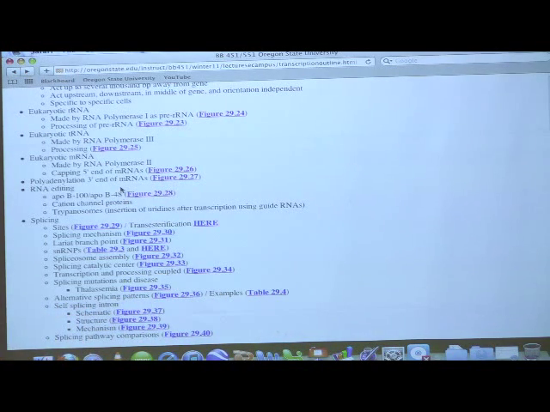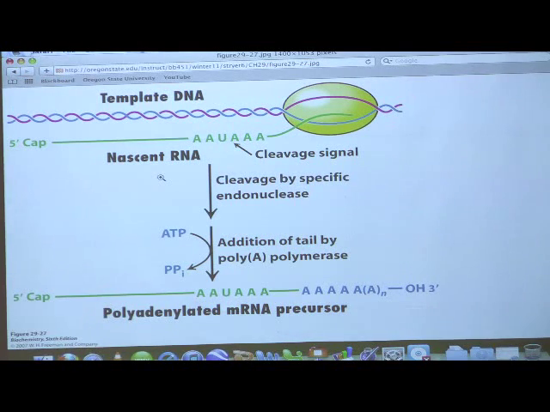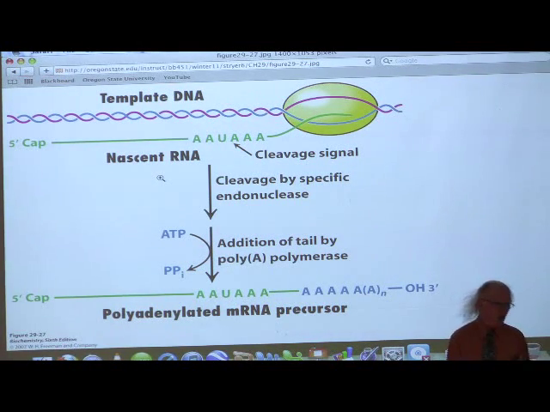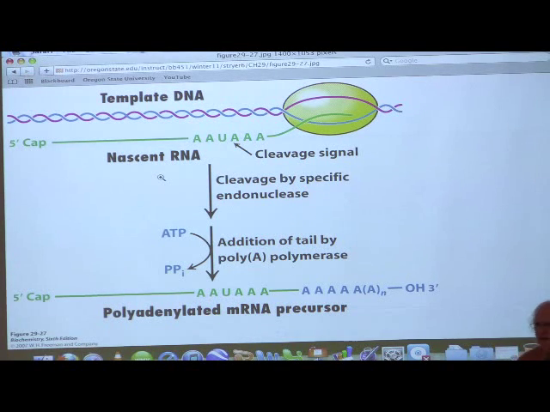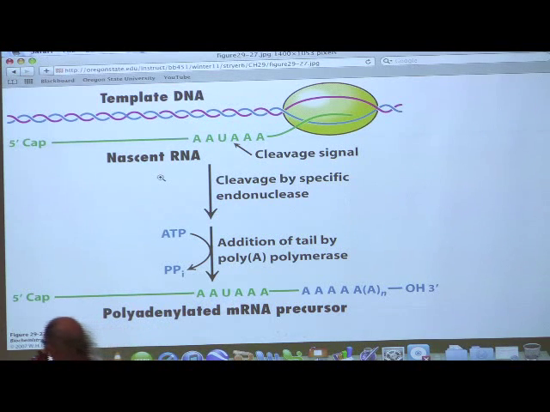I'm going to finish up some general things about transcription and processes related to transcription. These will include some unusual, exotic modifications that occur to RNA molecules. Last time when I finished up, I was talking about polyadenylation. Polyadenylation, I will remind you, happens to eukaryotic messenger RNAs. It doesn't happen to other RNAs, and it doesn't happen in prokaryotes. So it is a phenomenon unique to eukaryotic messenger RNAs.